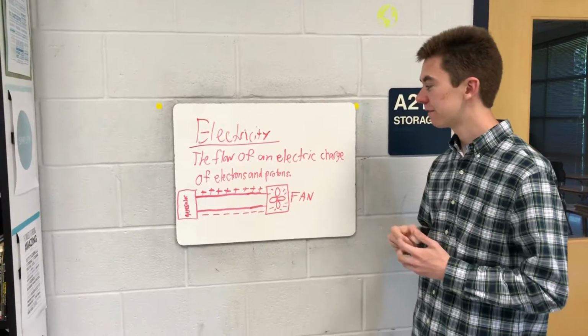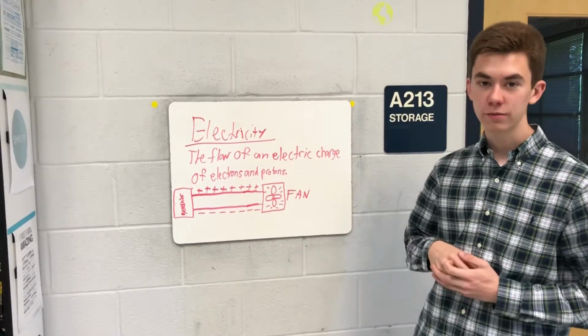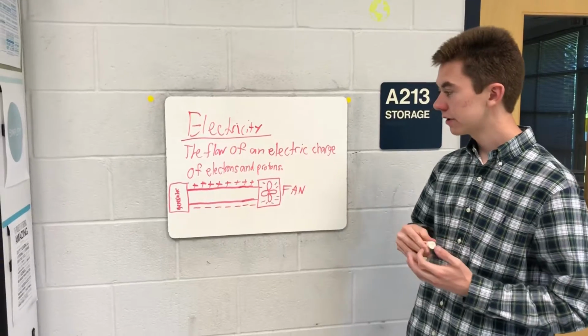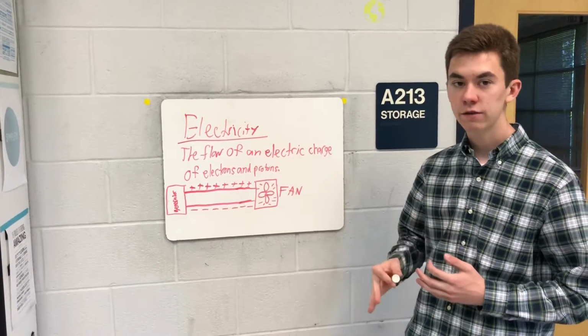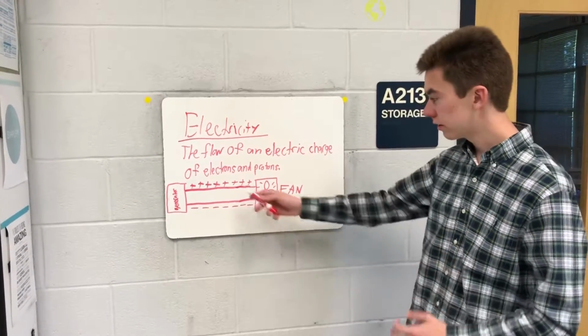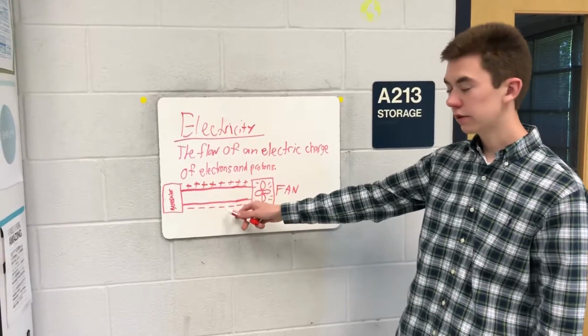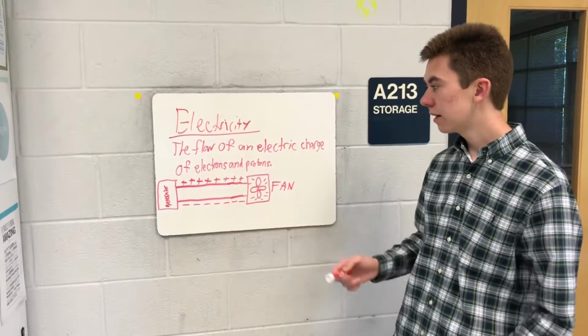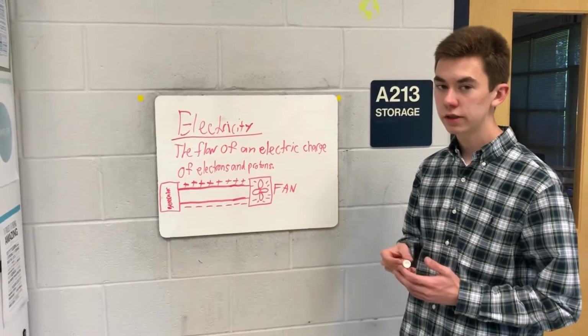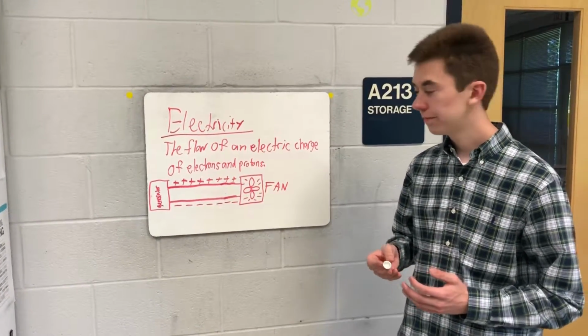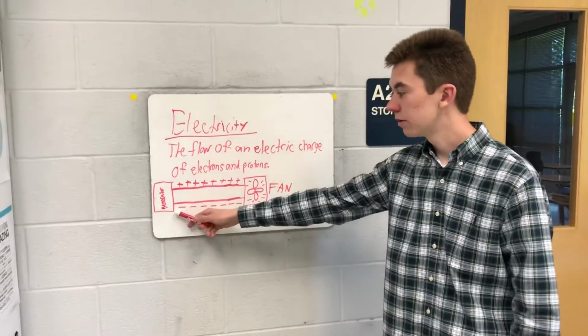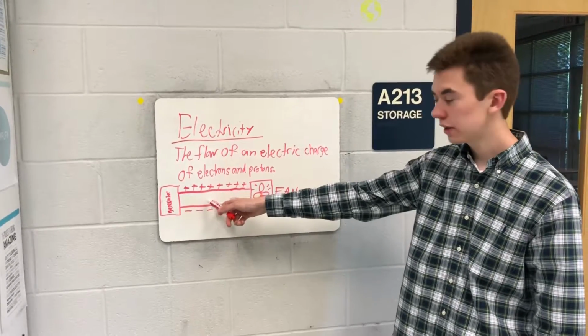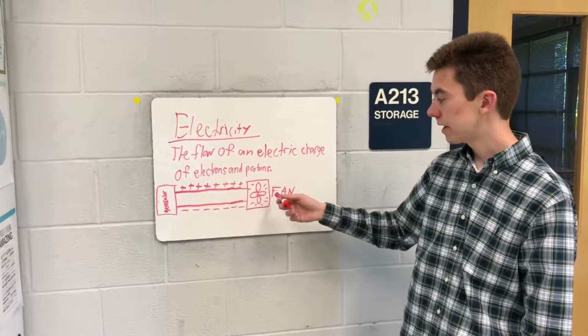So electricity is the flow of an electric charge of electrons and protons. And the electrons and protons are separate, but they each have their own distinct charge. So protons are the positive, and electrons are the negative. And power or electricity can be generated by a generator, or it also occurs naturally. And so the generator produces these charged electrons and protons, and that can be used to power a fan or